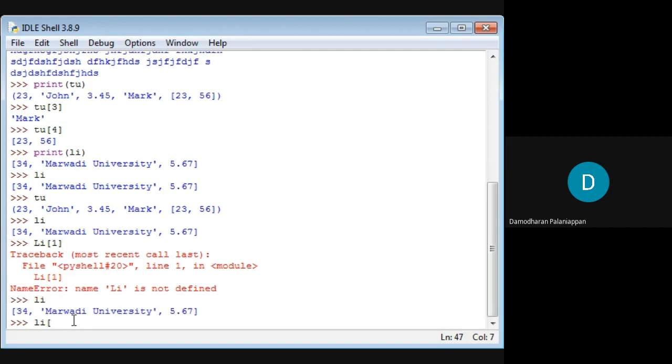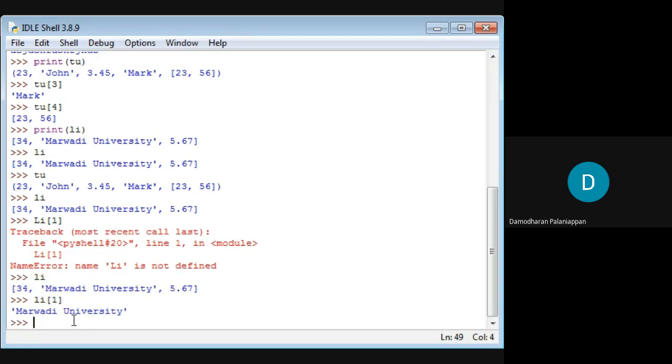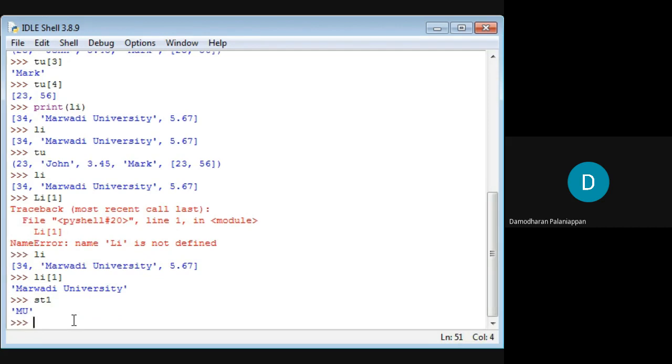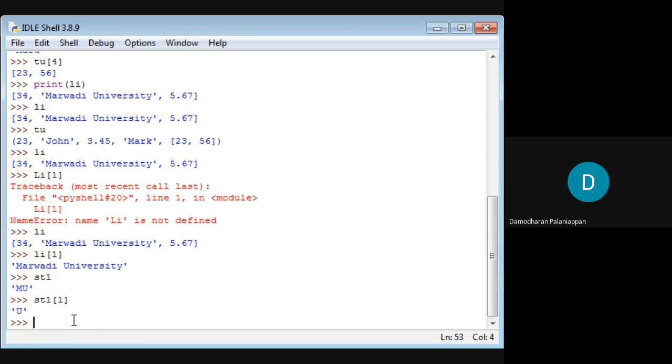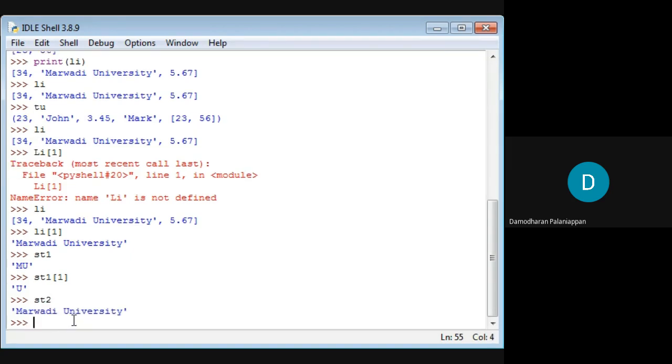So with li of 1, we are able to print Marwari University. Same for the string st1, MU. If I want to print only the character u, for that I use st1 of 1, and it will print u only. Now for the string st2, Marwari University, there is an entire word. I want to print only w. The index value is